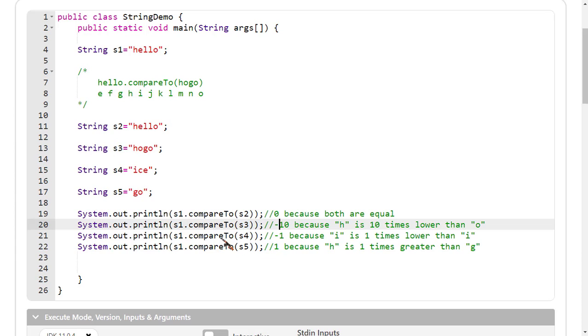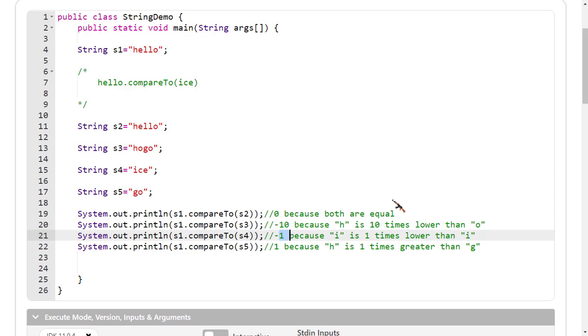Then again it repeats this process with s4. The value of s4 is I, and it starts comparing by characters, like h and I. Here the first character is different, so it starts counting h to I, or I to h.